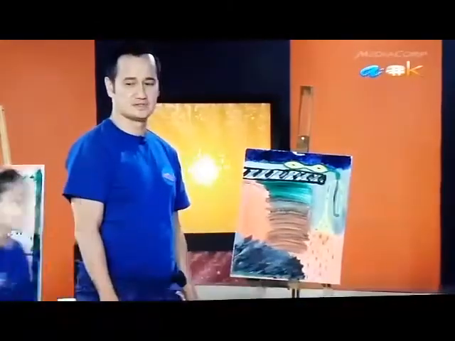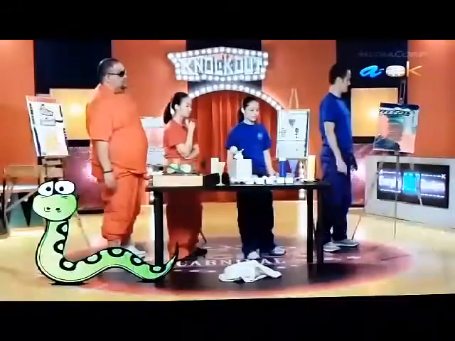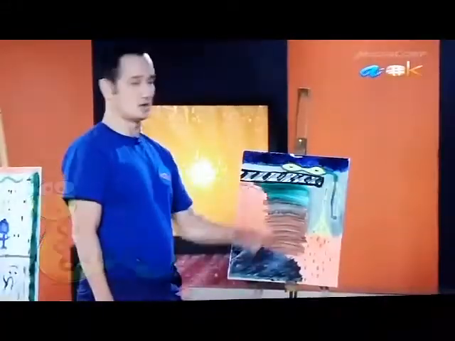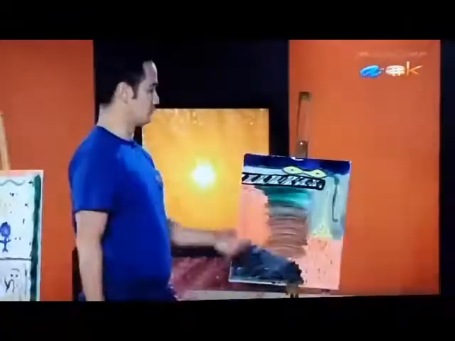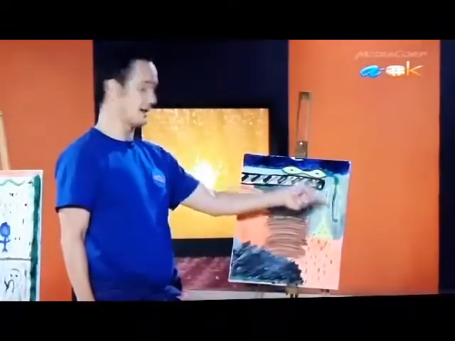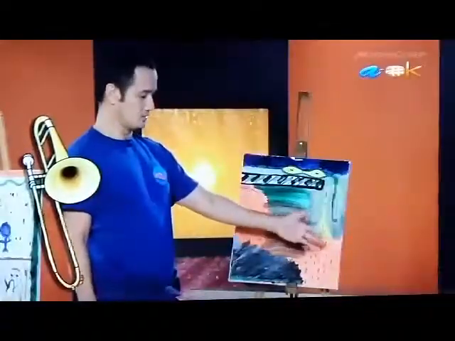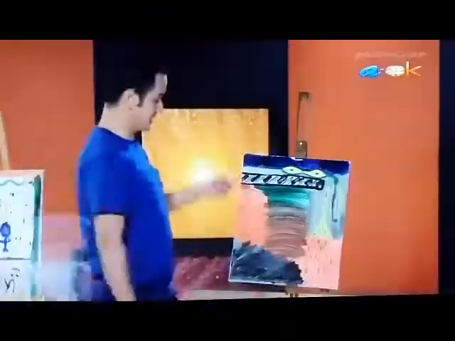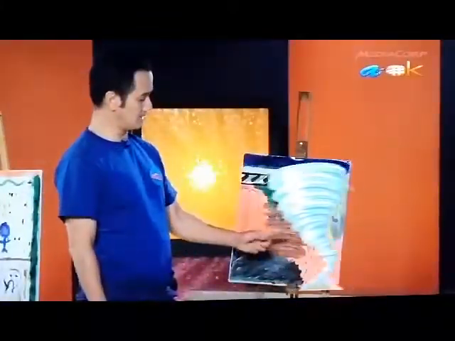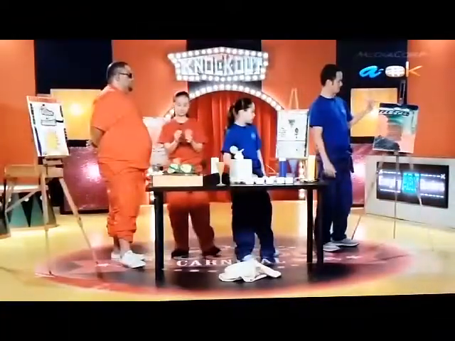My canvas started with what caught my eye on the table, which was the green snake. That was the first thing. And this, contrary to popular belief, is actually 2 egg yolks in there. And what popped into my head next was that it was part of the trombone, which somehow turned into a shower head as well. And then the next thing that came to my mind was a typhoon that went this way, but I ended up swirling it this way up, and that's it.